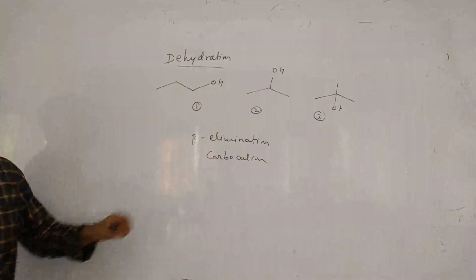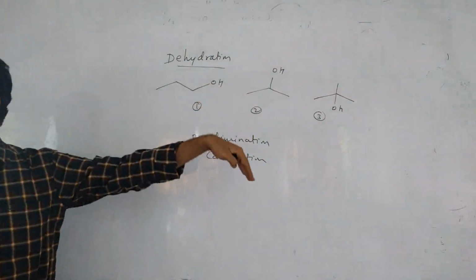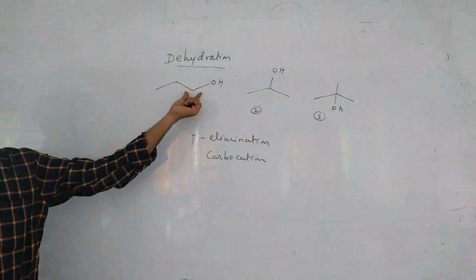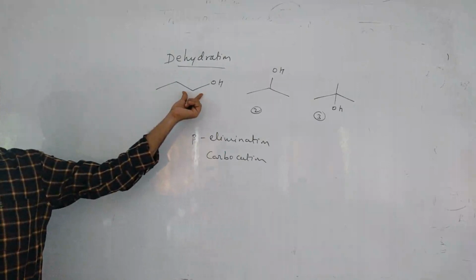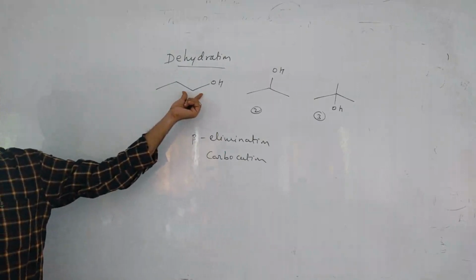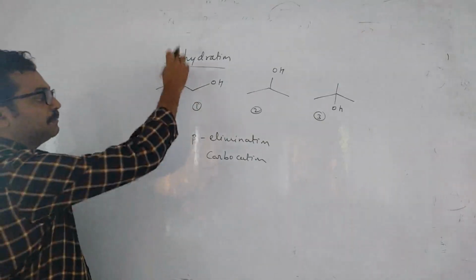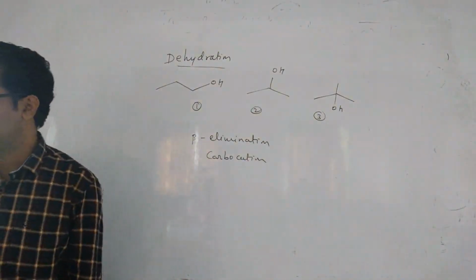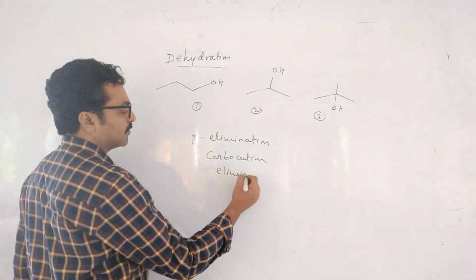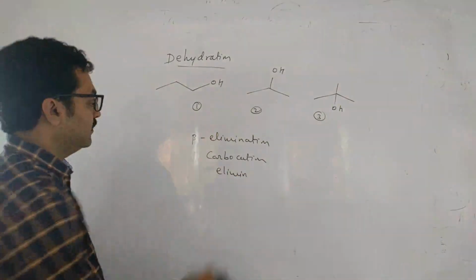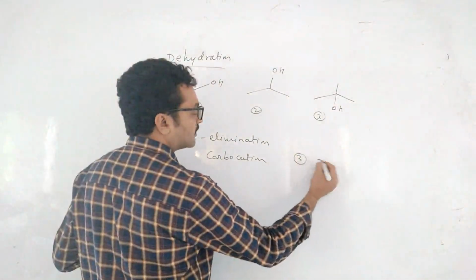So 3 steps will be there. First step is protonation of alcohol. Second step, water will go and you will get a carbocation. After the carbocation forms, there may be a chance of rearrangement or ring expansion. Fine. So carbocation is the intermediate. After that, H plus will be eliminated to form an alkene. Next, elimination of proton. Okay. So in this, what is the order? 3, 2, 1, children. Why?